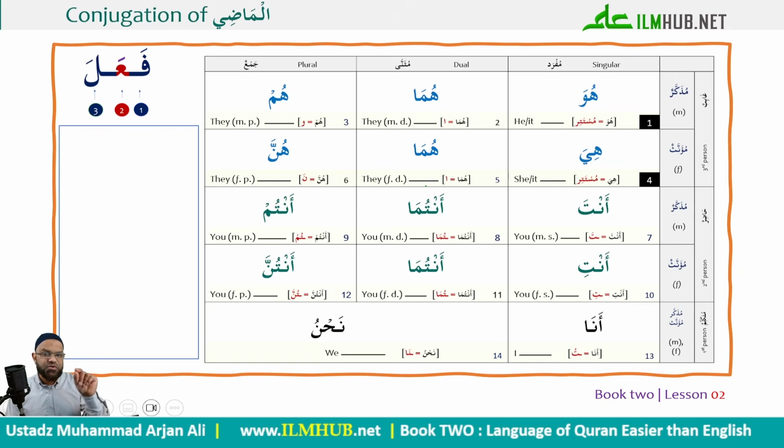Now you will see another box underneath, which has, for example, in this one, I've written huwa, and I've got mustatir. Here I've got huma, I've got alif. Hum, I've got wow. Please don't worry, I'll explain all of this in detail. So I've designed this table now to simplify your learning.